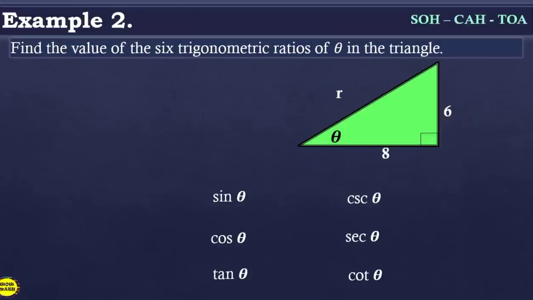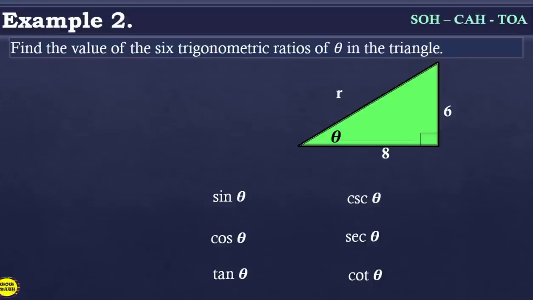Alright, let's have another example. So, find the value of the 6 trigonometric ratios of theta in the triangle. Now, how are we going to find the 6 trigonometric ratios kung meron tayong missing value? Okay, so kailangan mahanap muna natin to. So, based dun sa mga previous tutorial natin,